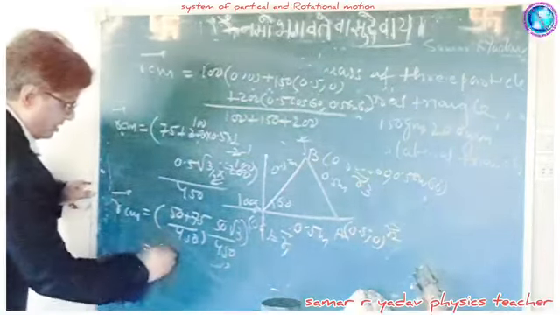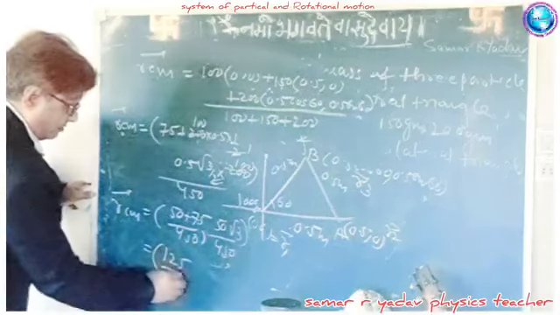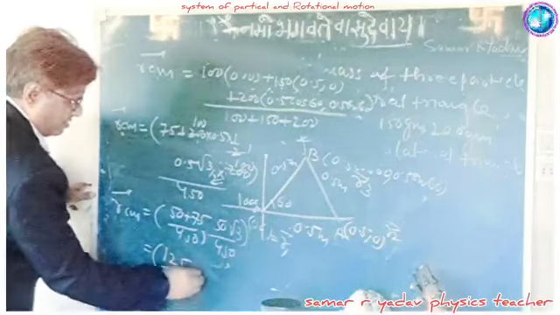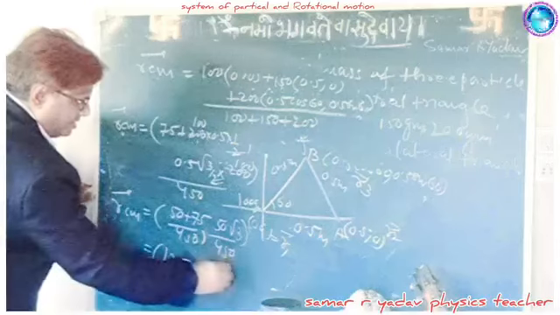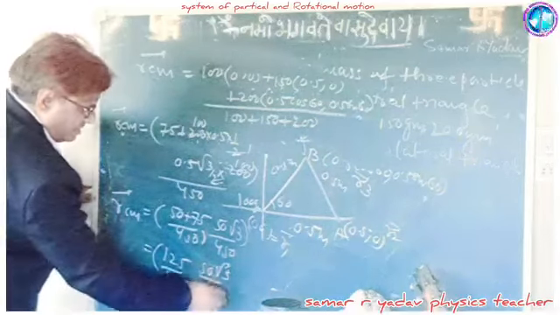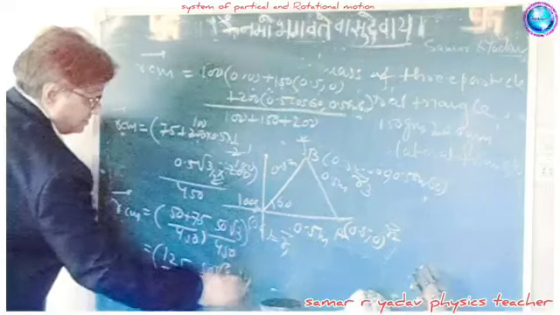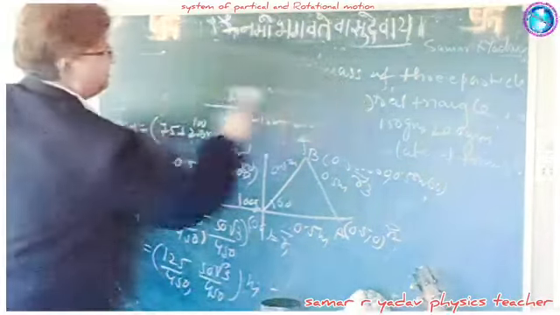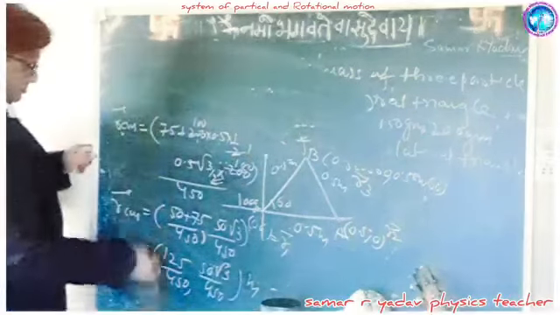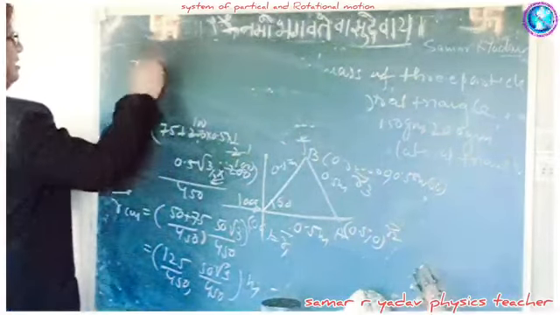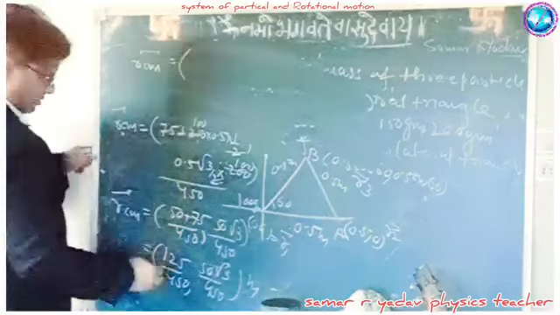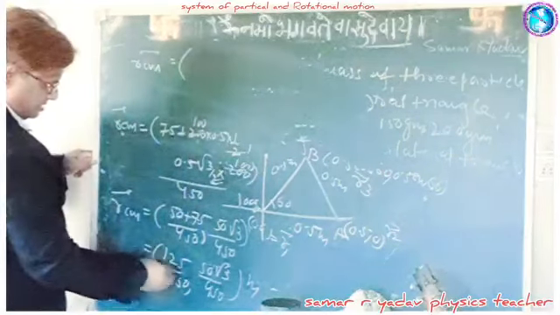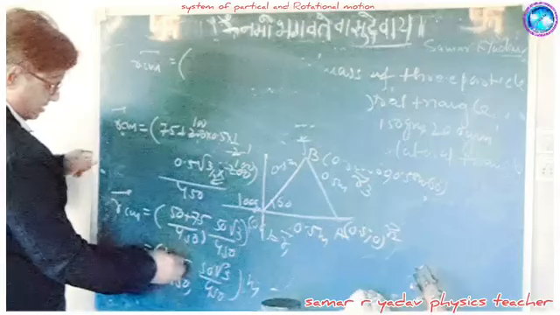We get 125 divided by 450 comma 50 root 3 divided by 450, that is in meters. Now simplifying again, R_CM is equal to, now you can see this will be cancelled,